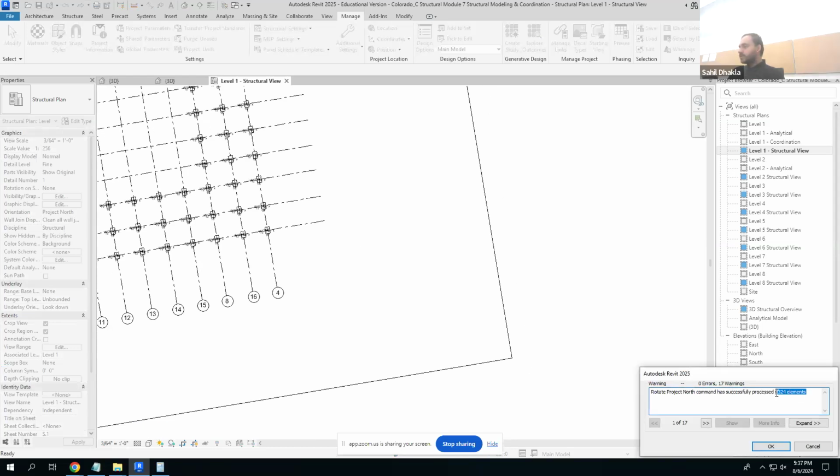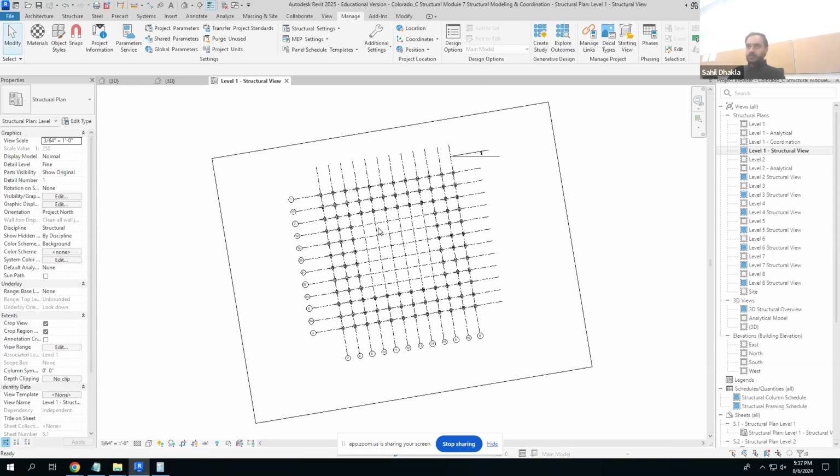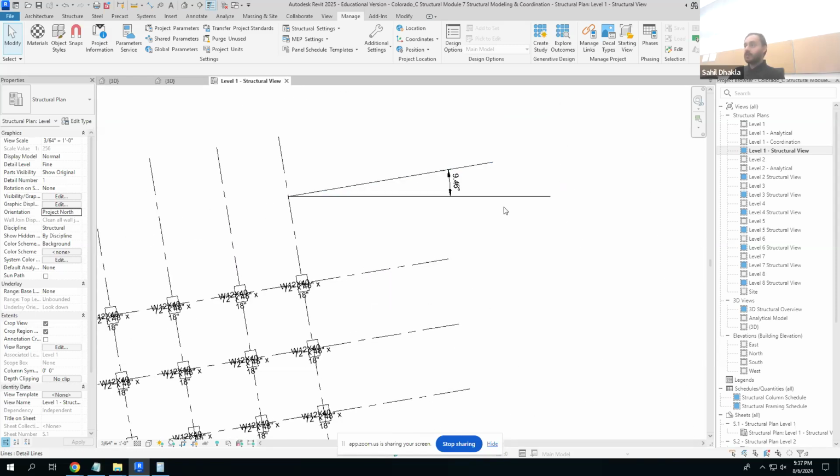Okay, so it says it has processed 9,324 elements, all elements, hopefully. And just a quick check, when I select true north, hit apply, this is still at the same place. So that means that the rotation change that we had made before is now void. I'll save this model back to the original location,